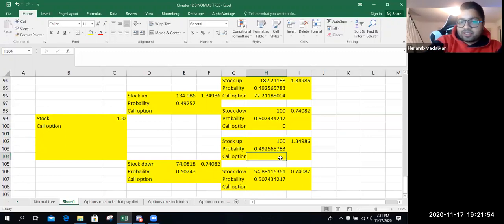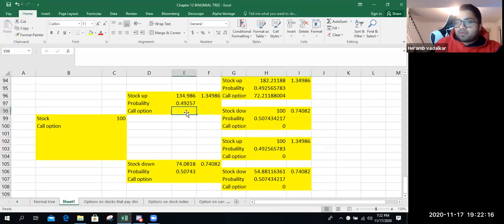No, it will be 0 here. Okay. Will it be profitable here? No, it will be 0 here. So if option price is more than 110, only in one case, 182. Otherwise, you will not make any money. So 0, 0, 0. So we did for the root, then we'll move backwards.